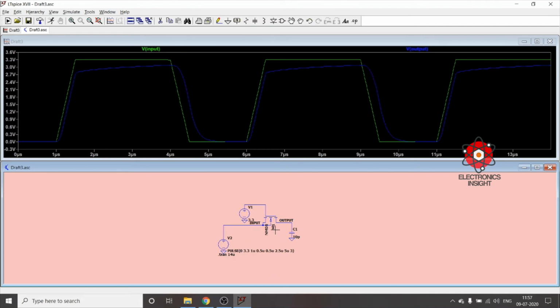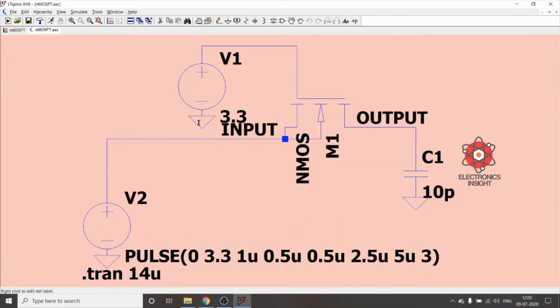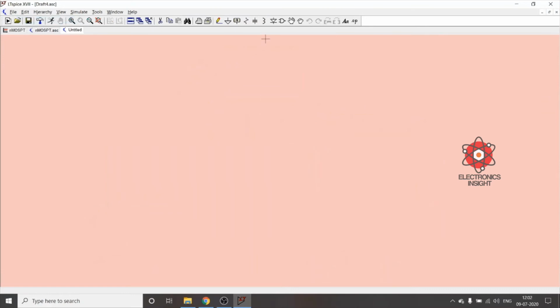Now we will implement the level restorer circuit, compare both the waveforms, and observe how the signal degradation has been restored using the level restorer circuit of a PMOS pass transistor and a CMOS inverter. We will start implementing, or modeling, the level restorer circuit. So just go to File, New Schematic. A new schematic will open. Now what we need is an NMOS pass transistor that we'll have to fix first, and only then are we going to connect the level restorer circuit.